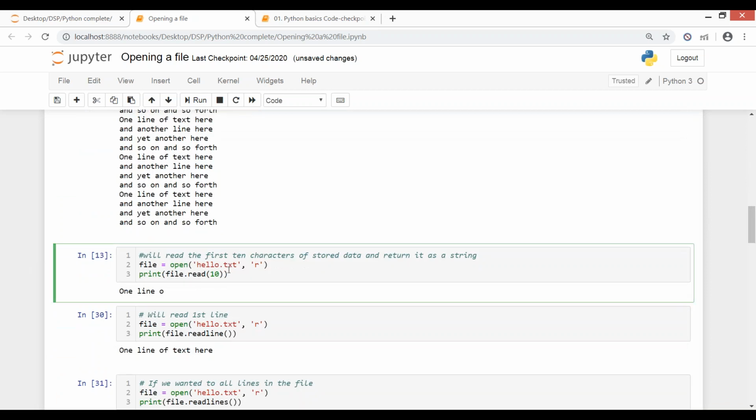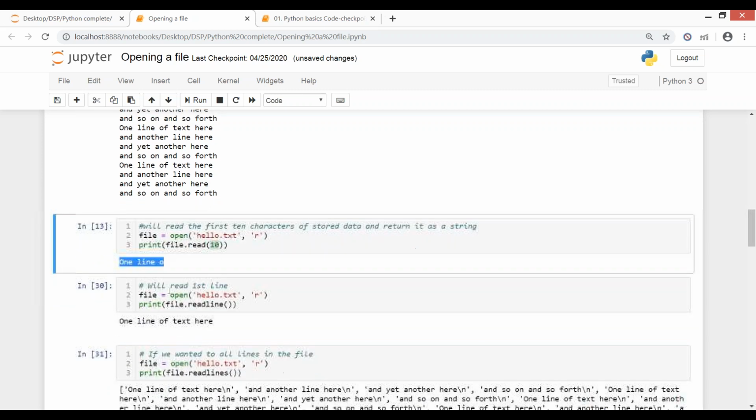Again same thing. Now let's say I want to just read a few characters of my data, what is written in that file. I don't want to read the complete file. I just want to read the initial few characters. Then बाकी सब same है, file dot read and everything is same, only we specify the number of characters you want to read. So if you give a 10 here, and again spaces are also counted in Python. So you see we have a space and that is counted along in 10. So if you're saying 10 or any other number, the initial that many characters will be printed to you.